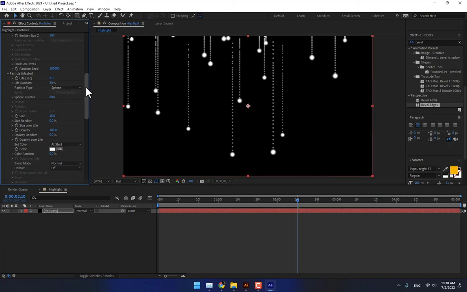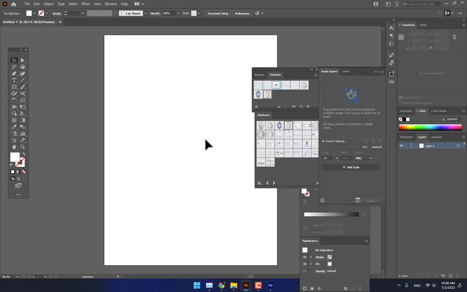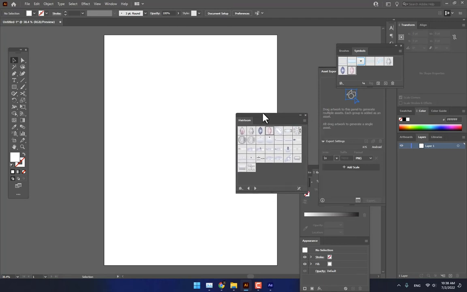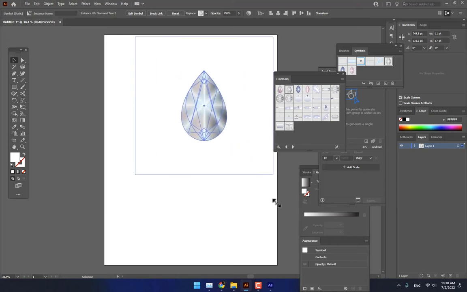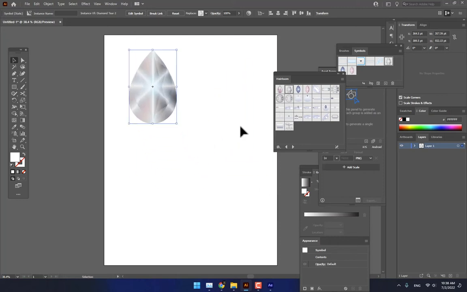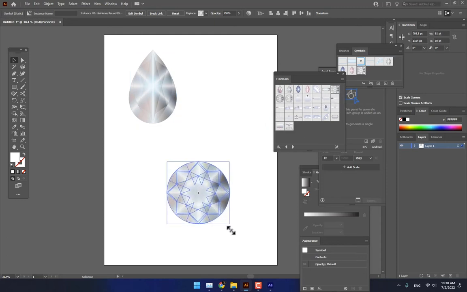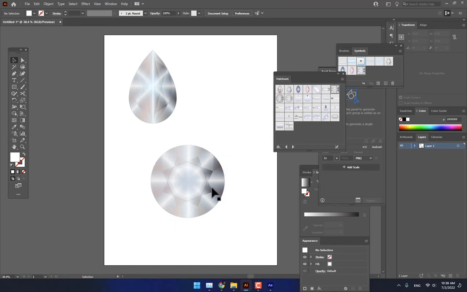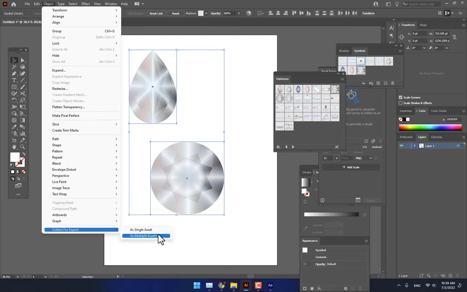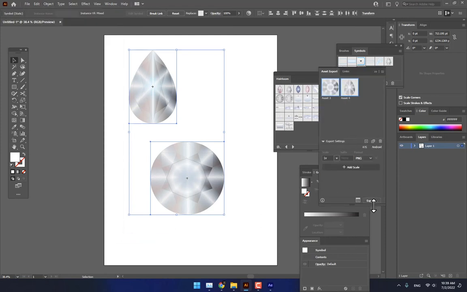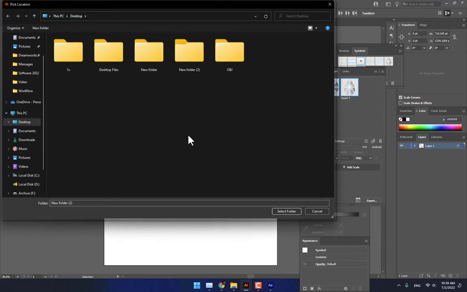So go to Illustrator, there are the diamond design styles. Which one do you want to create? I think select this first one, drop here, scale up the size, and what is the next? Select this one or this one, scale up, looking good. Select both and go to object, click export for multiple assets, PNG, export to desktop, create a new folder, double